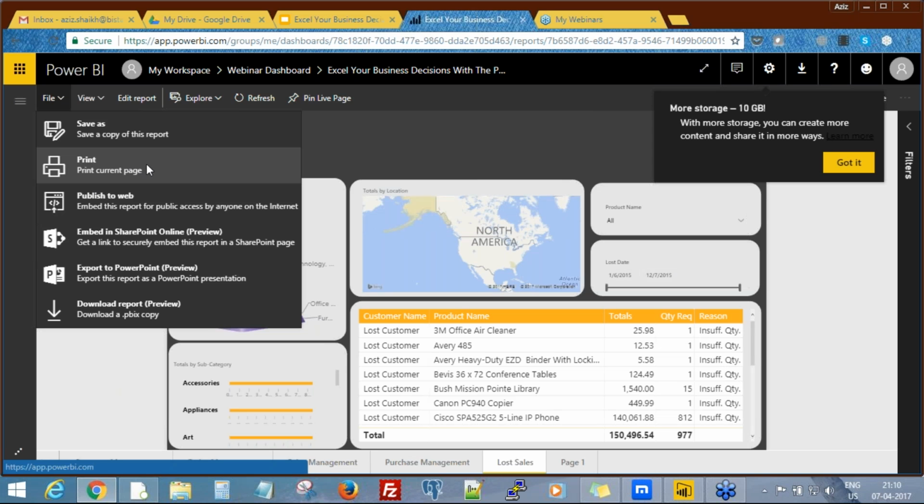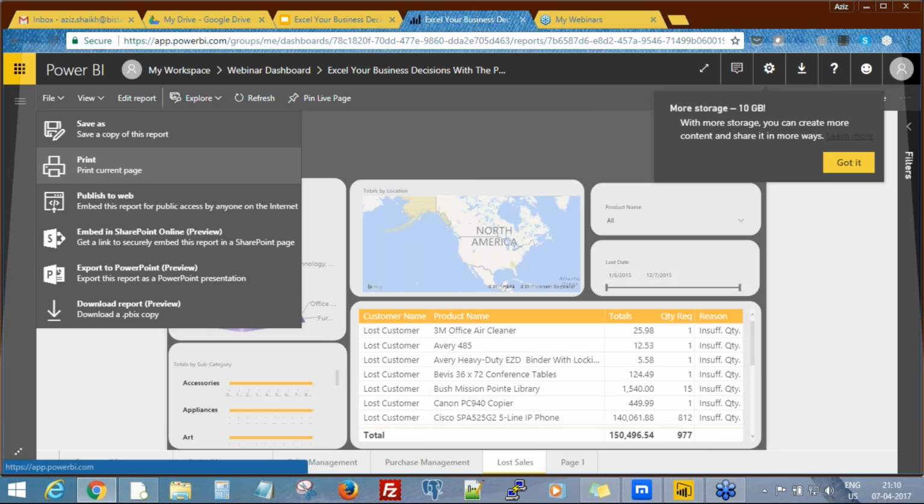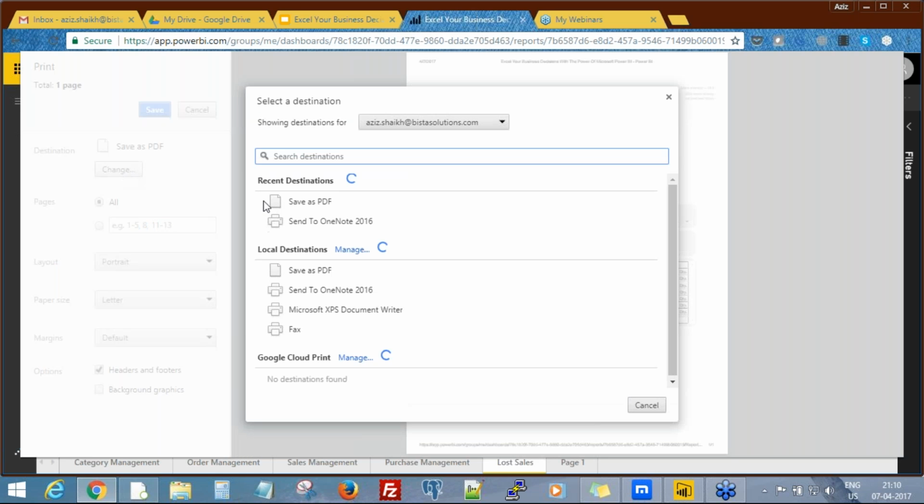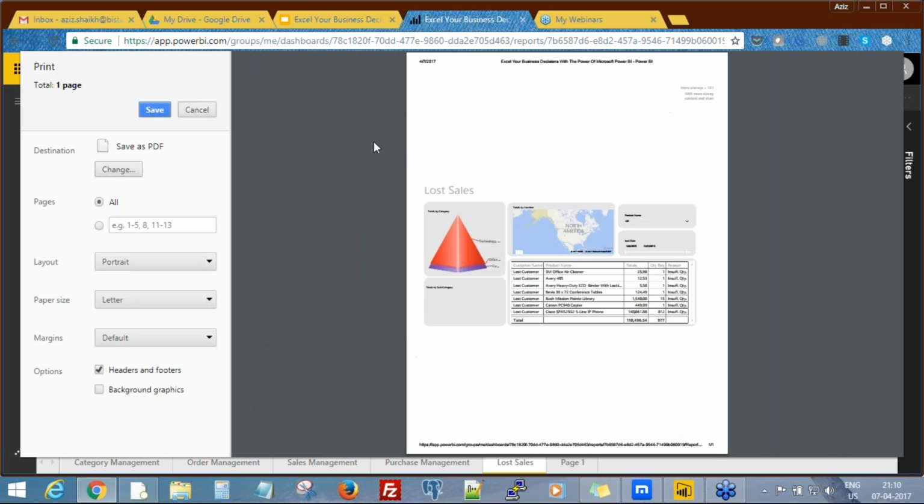If I'm clicking on the print, it will give me this option. You can see over here, this is the preview that is going to show me this option. So right now it will be going to save as a PDF. If I wanted to change, I can also change it to other options, like we do have an option for,